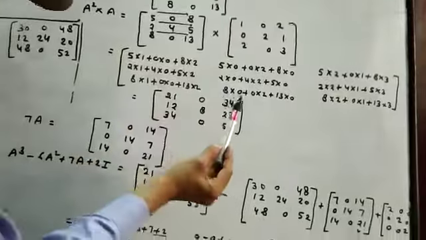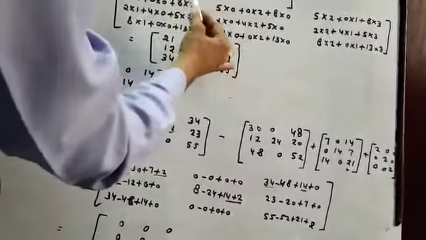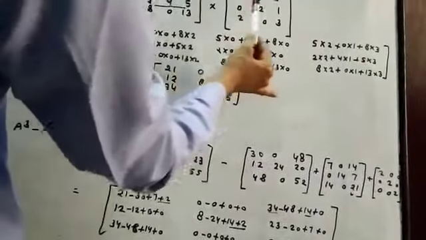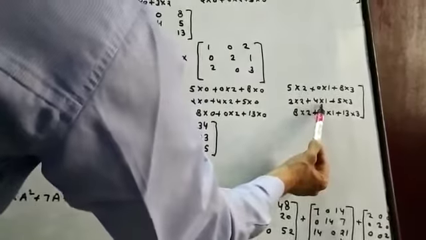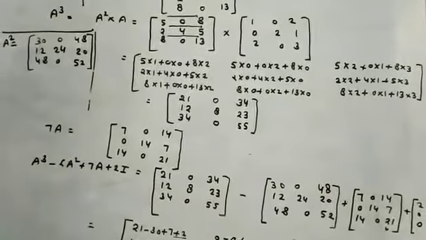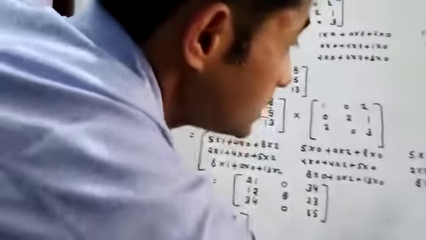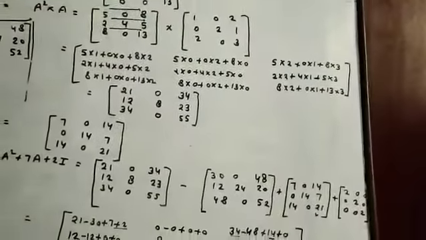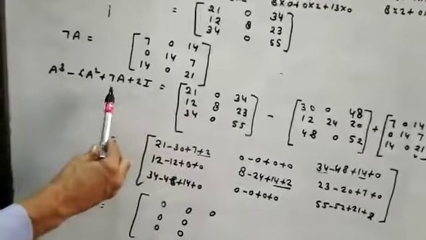Third one. 1 3 is 3 plus 2, 5. After it, 2 2 is 4 plus 2 2 is 4 plus 4. 5 3 is 15. 4 plus 5, 4 plus 4, 8. 15 plus 8, 23. 15 plus 8, 23. And here 39, 16, 45, 55. 55. So 7.